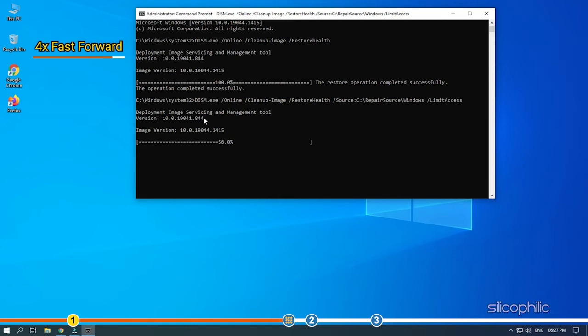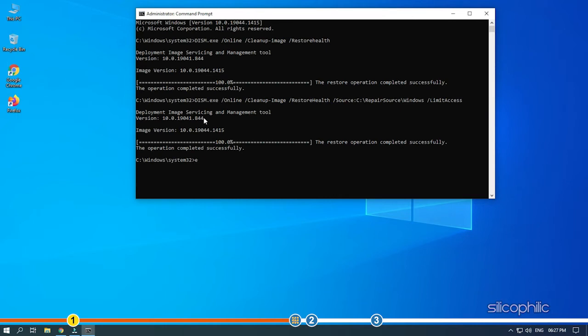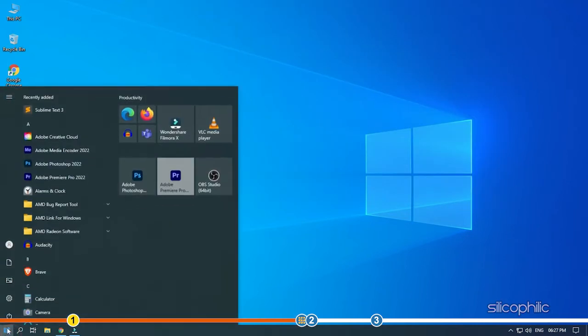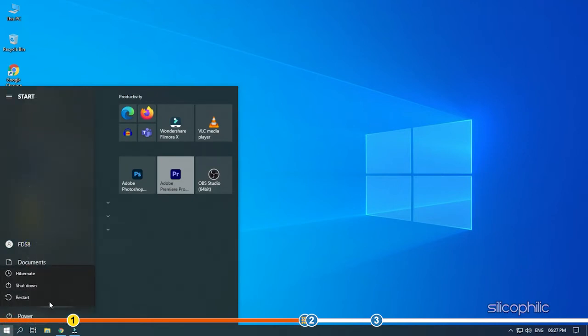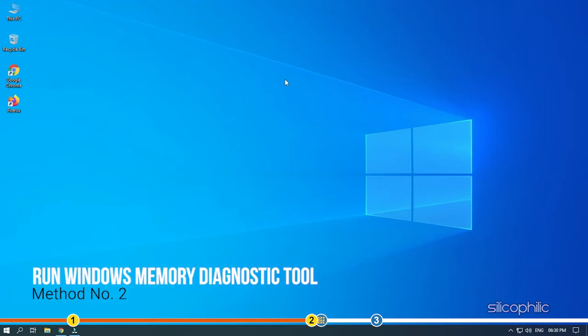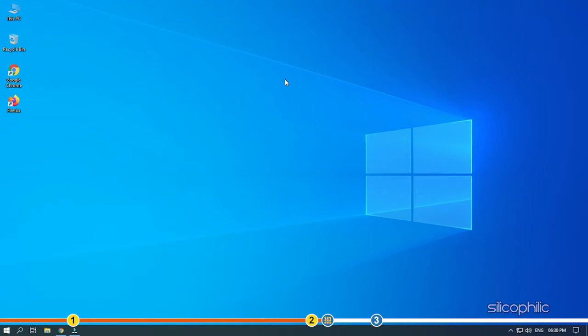Wait for the scan to finish and restart your PC. The next thing you can try is running the Windows Memory Diagnostic tool. This tool checks for corruption in the memory.